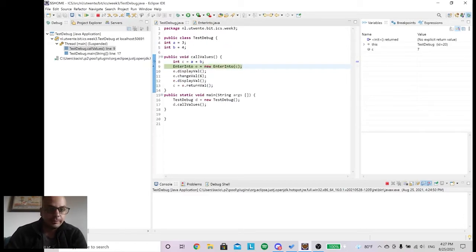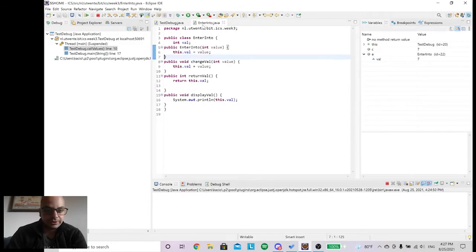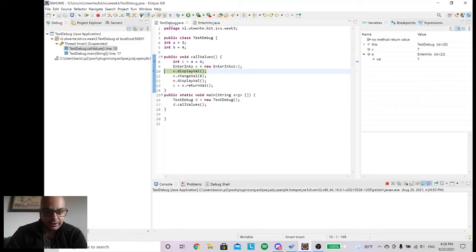So if I go to step over again, it returns me back to the first class, and again on the right side I can see the value c. Let's say I want to step over again, and in that case there is the display value. Here you can see the instance variable which has the value val inside.